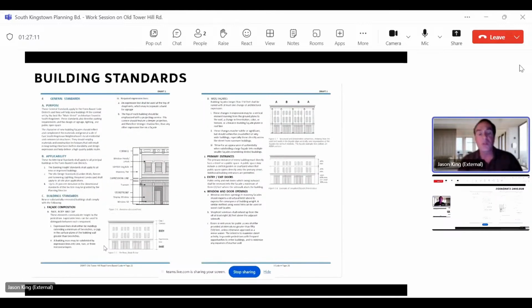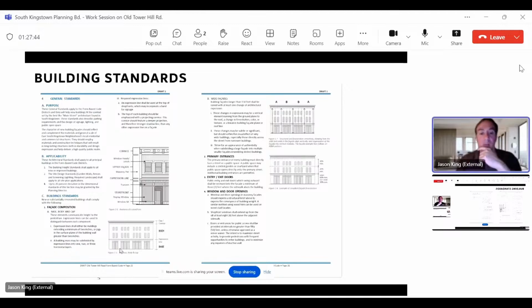Now, these are the building standards. When I talked about how we got into architecture, we stayed at a very, very simple level. The building standards talk about how to build storefronts, and the pieces of windows, and the bottom level, the middle level, and the top level. Now, we're not saying that this can't be modern. This can all be glass and steel. It could be cantilevered. We're not getting into materials.